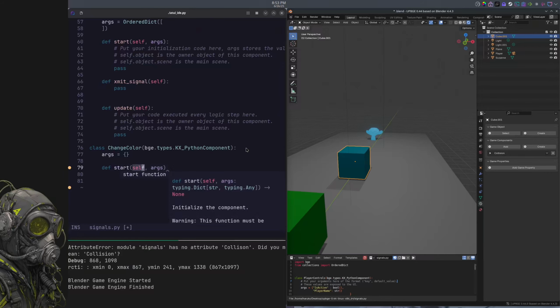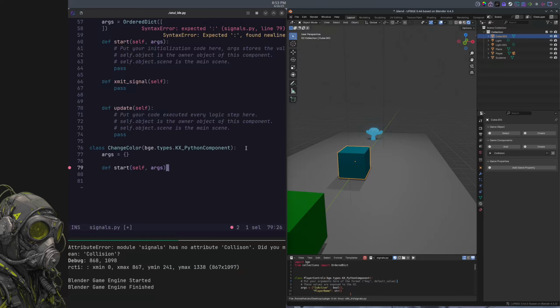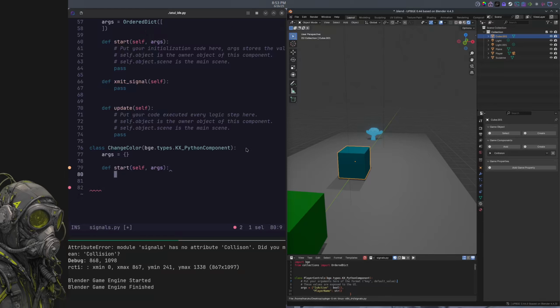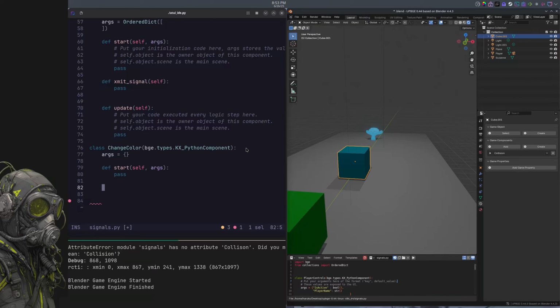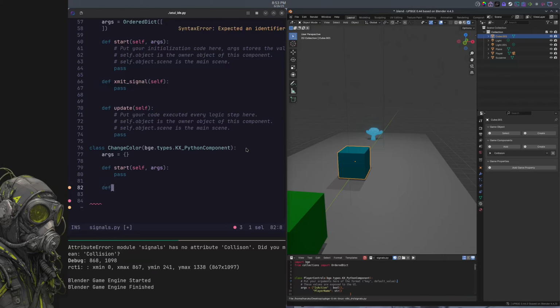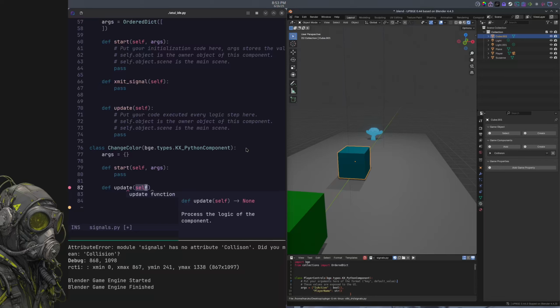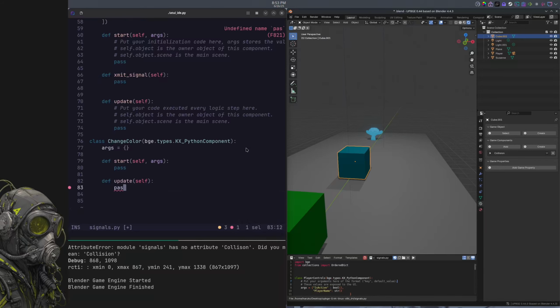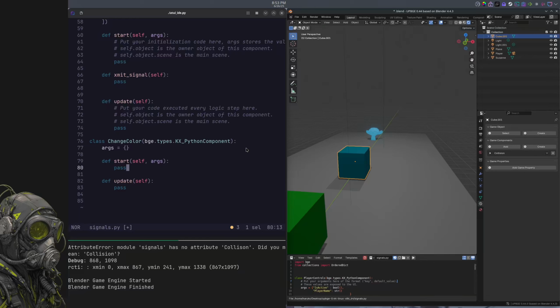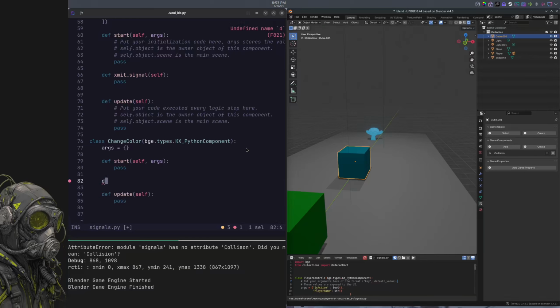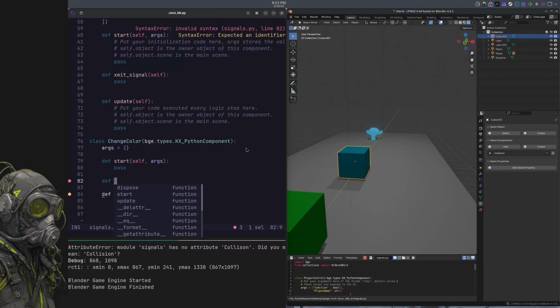Do our start function, pass. Do our update function, pass for now. Then above the update function, we're going to create another function called